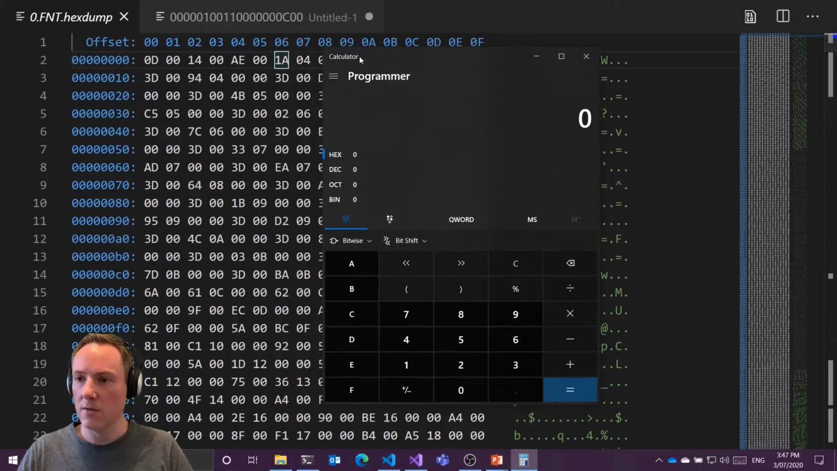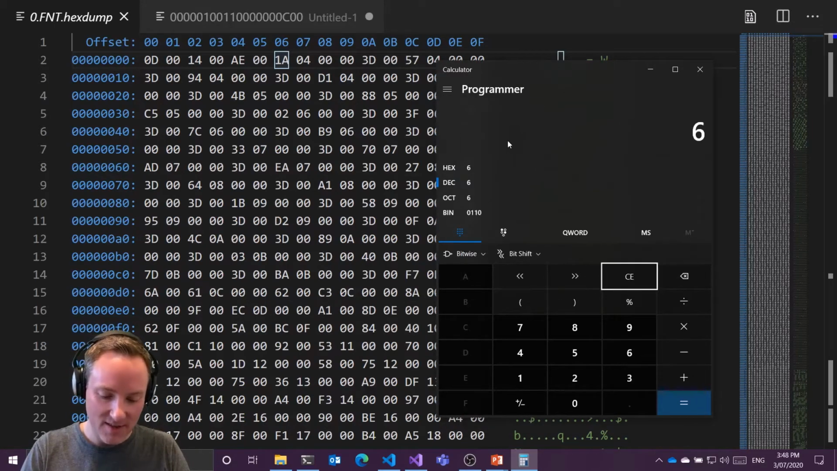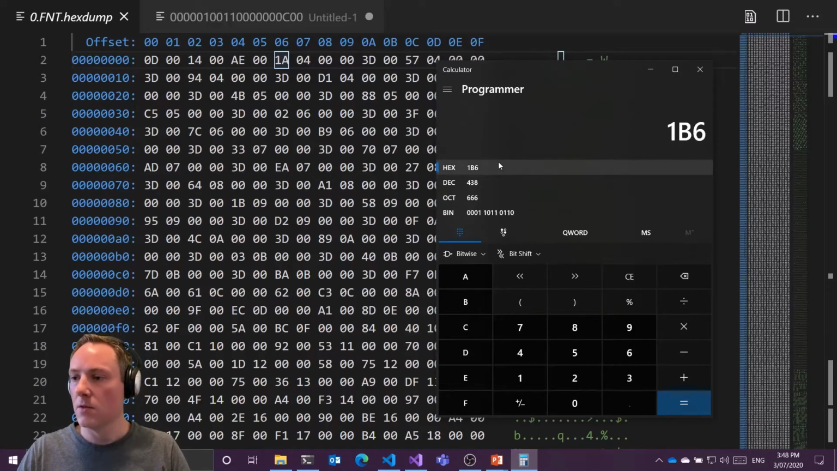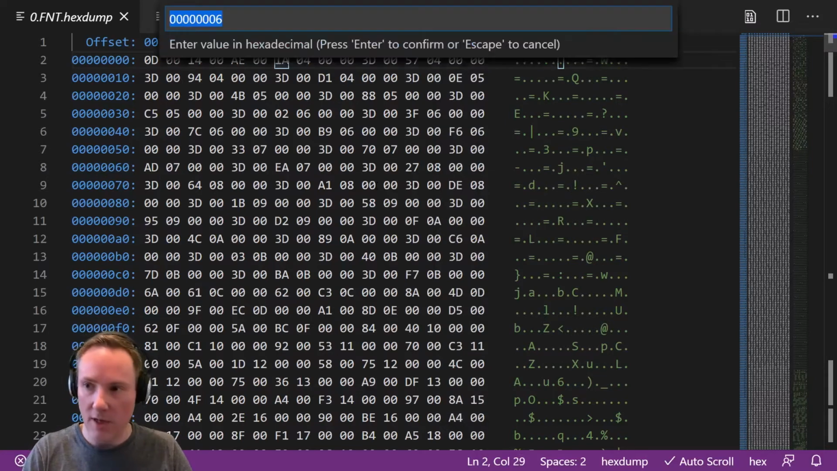So we had 6 bytes at the start of the file, which we didn't know what they were. And then we had 6 bytes for each character in the header. So a 4-byte offset and a 2-byte size, so 6 bytes for each character. So we do 6 times 72 plus that first 6 bytes. This gives us 1B6 in hex. So if we jump to that offset,